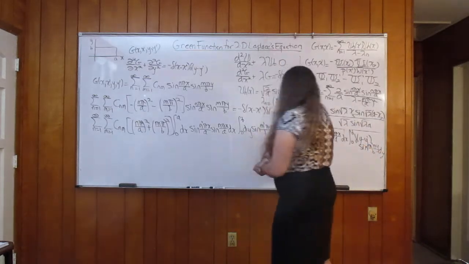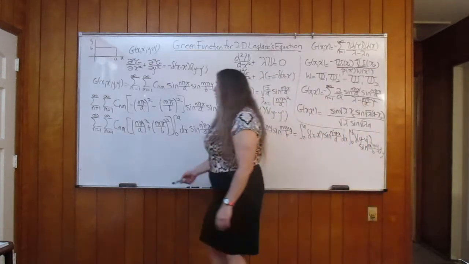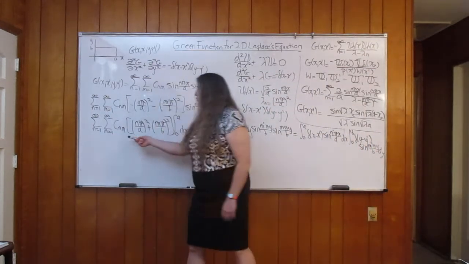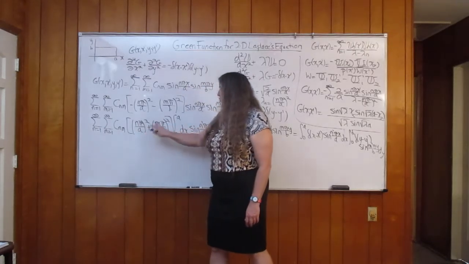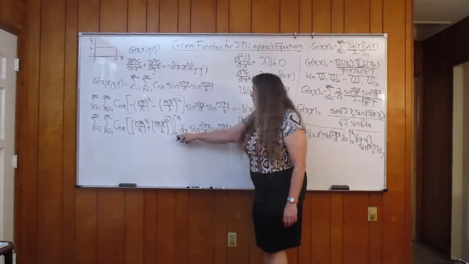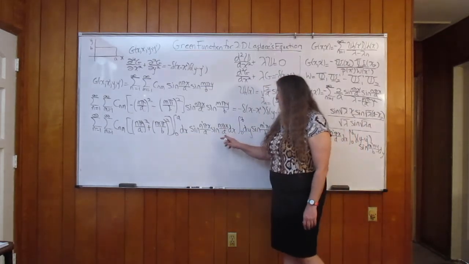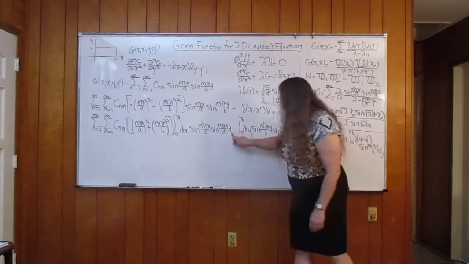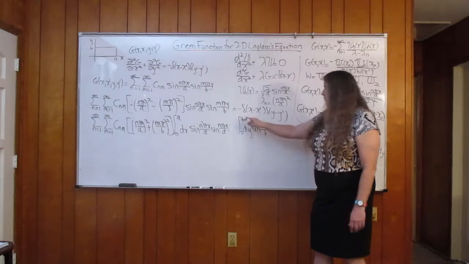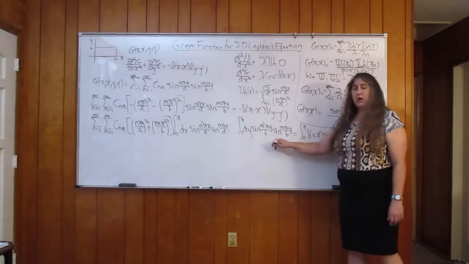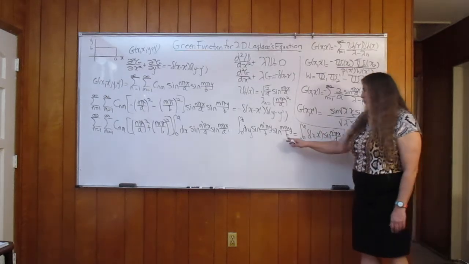Okay, so this takes up a little bit too much room here, but anyway, let me just read this off. Summation n equals 1 to infinity, summation m equals 1 to infinity, c n m, brackets n pi over a squared plus m pi over b squared, integral from 0 to a of sine n prime pi x over a, sine n pi x over a dx. We have dx twice. Over here we've got integral from 0 to b, sine m prime pi y over b, sine m pi y over b,